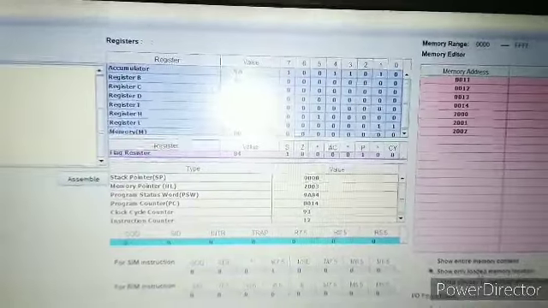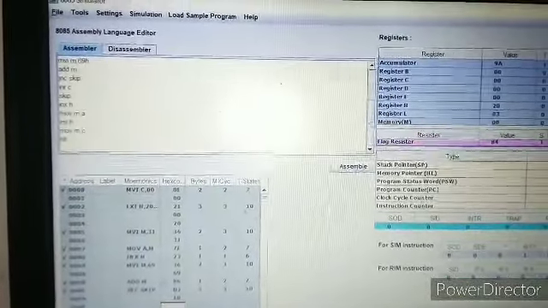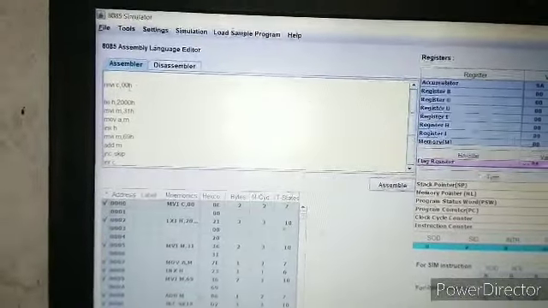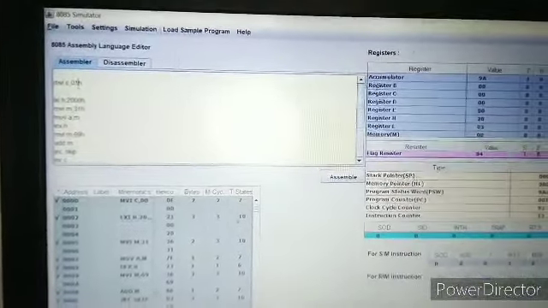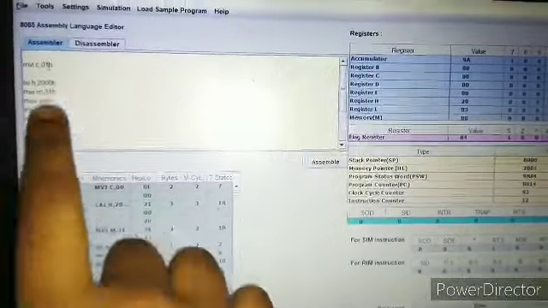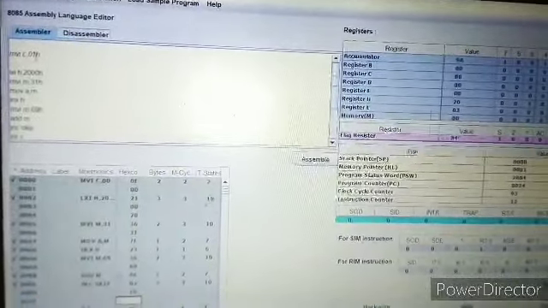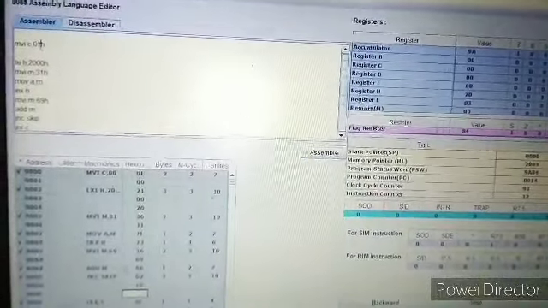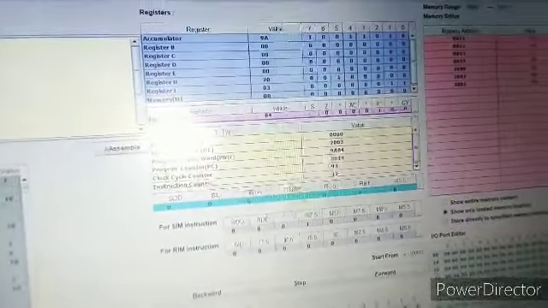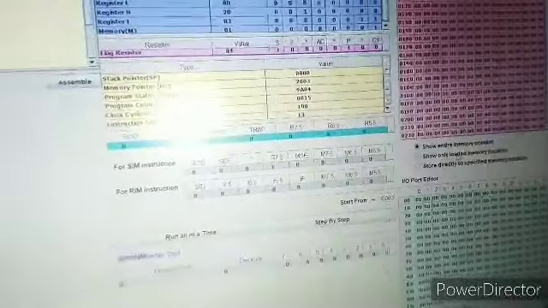This is why maybe we can just use 01H. Okay, now what will happen if carry doesn't occur? The value stays the same in the C register, and if carry occurs, it will get incremented by 1. In this case carry doesn't occur, so my result should be 01. Can you see this?